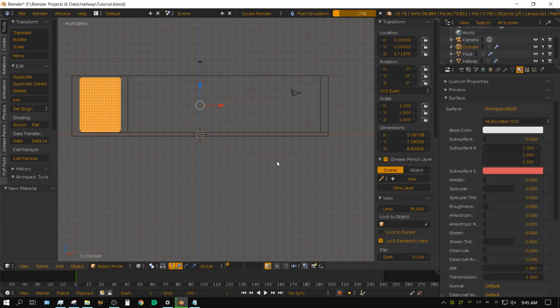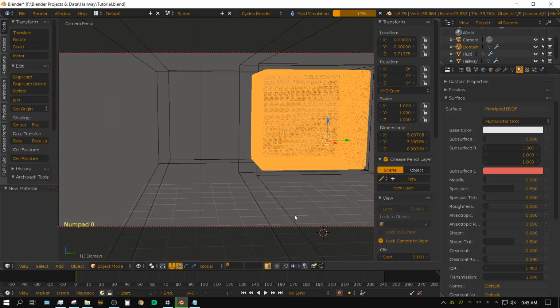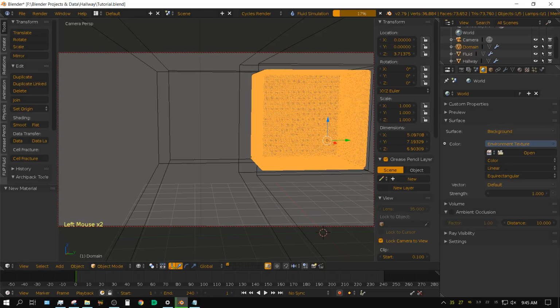And that's pretty much it. Now I'm going to press 0 to go into camera view. Now I need to turn this off because I don't have a world texture applied. I don't want everything to look pink, so that the only light we see is coming from that lamp up here. Now I'm going to press play.